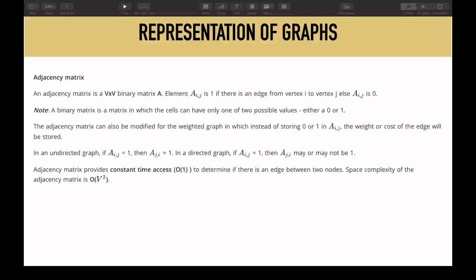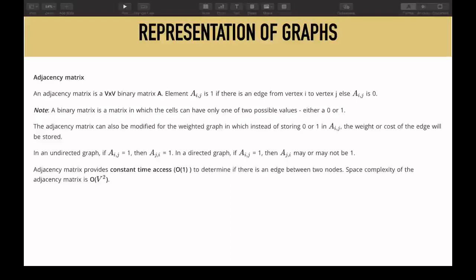As you can see, the space complexity will be order V square, and this is really costly. If I'm having, let us say, 10 to the power 5 or 6 nodes, then it is going to cost me a space of 10 to the power 12, and it is practically not possible to create a matrix of that size. You can probably create a maximum size of 10 to the power 7 or 8, depending on optimizers that can be used to increase the memory a bit, but you can assume that you cannot go beyond 10 to the power 7.